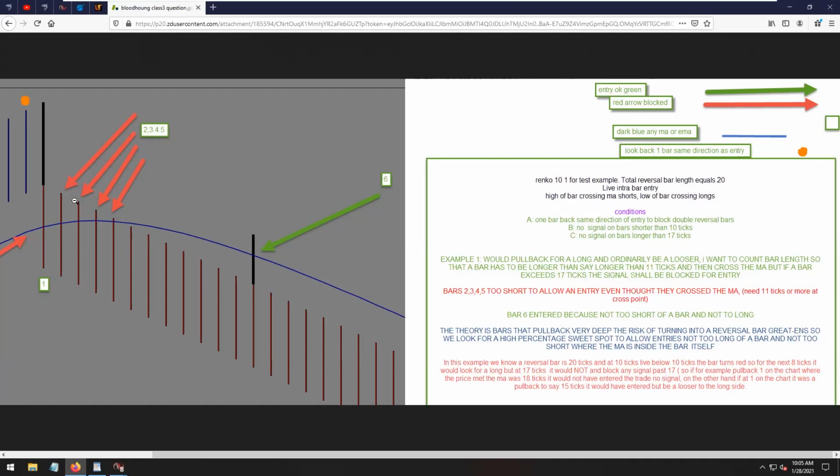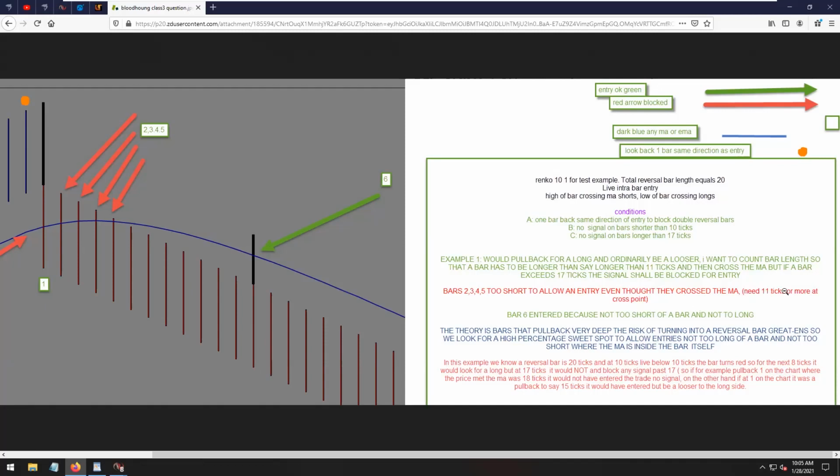I don't know exactly what bar types these are, but my guess is that the body of this Renko bar is probably 10 ticks in length. So if there's no wick, really the real rule is that the length of the bar needs to be 11 ticks. Regardless of whether the body is 10 ticks or 9 ticks or maybe 8 ticks, the length of the bar, from the close all the way to the end of the wick,